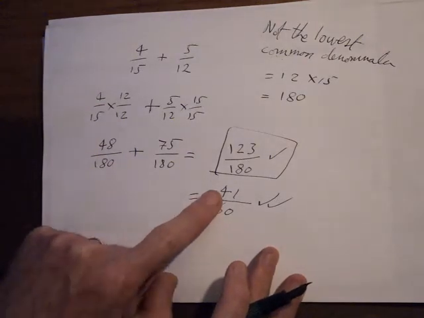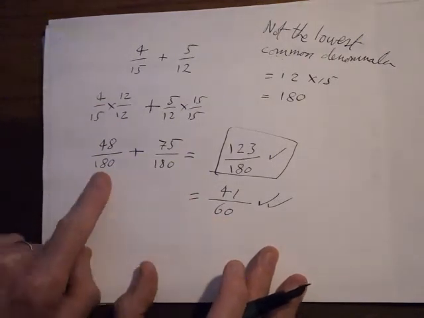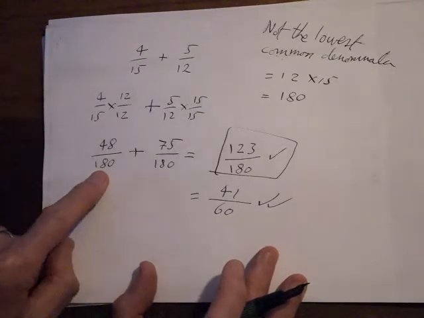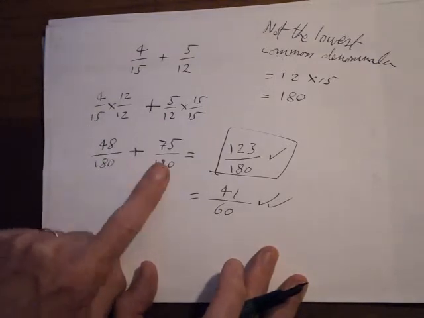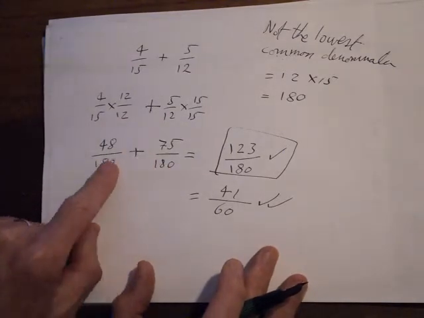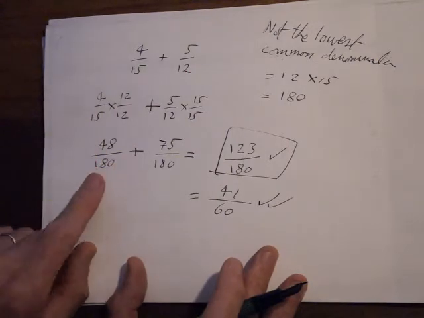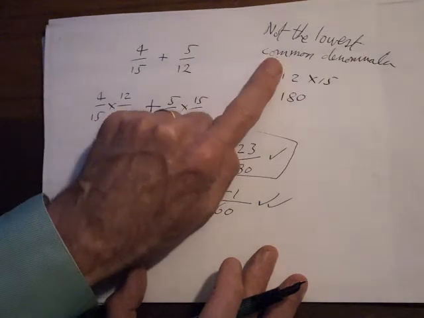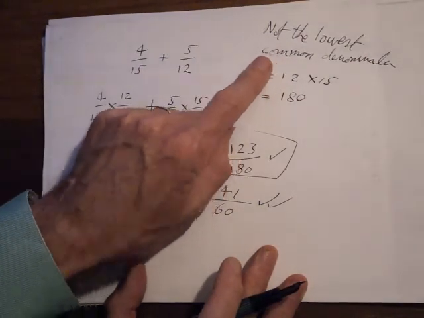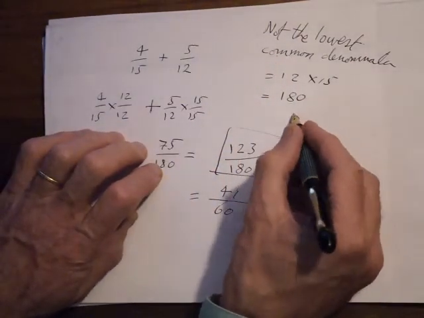Obviously, if this is 41 over 60, this must be some number of 60ths, and this must be some number of 60ths. And if you look at these two fractions, you find it's possible to simplify them both so that we end up with something over 60. So what we needed to find, we needed to get directly to the 60 being the lowest common denominator,